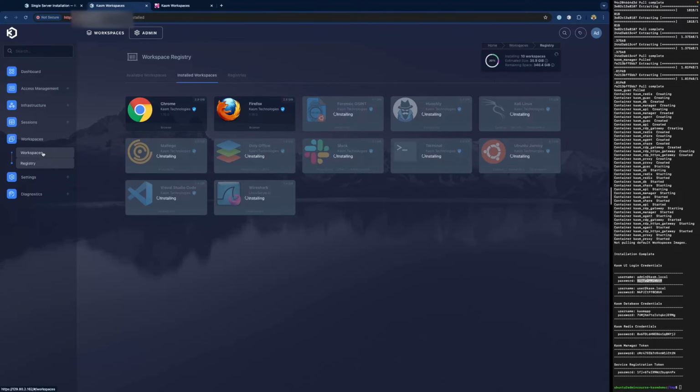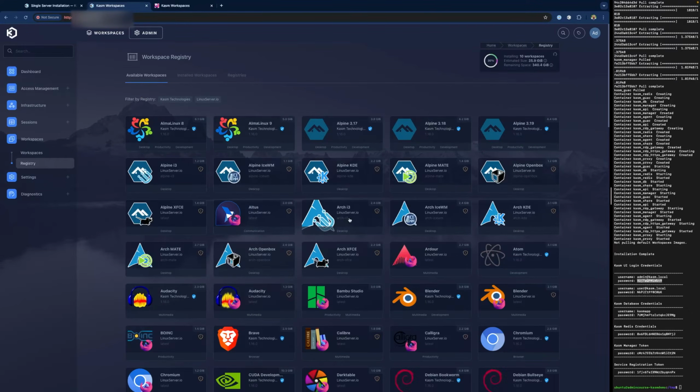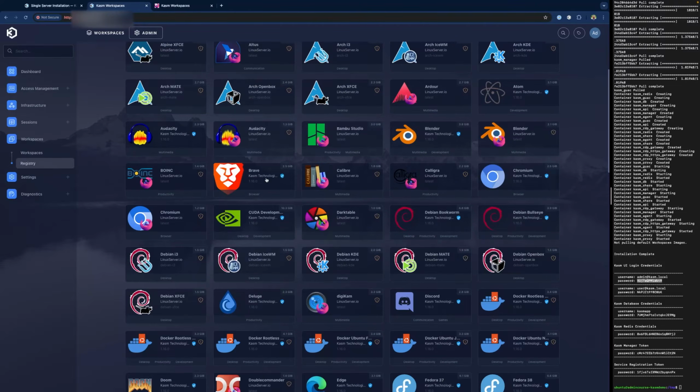Something to note, when we were over here, and let's pick another, Brave, you'll see that it has a tag of 1.16. So the actual version of the workspace aligns to the version of the server that we have installed.